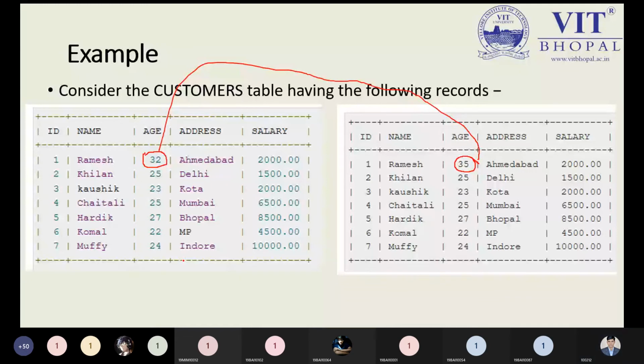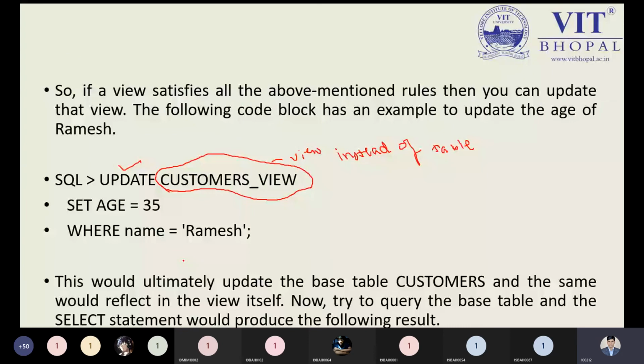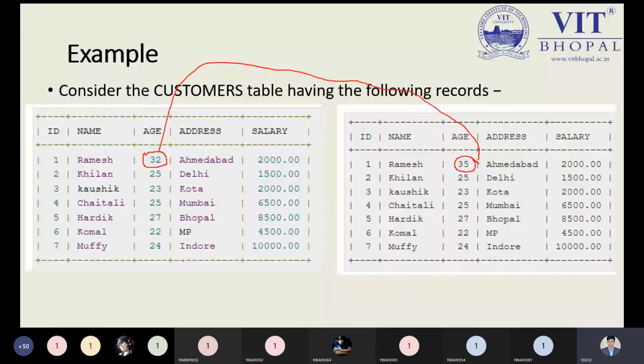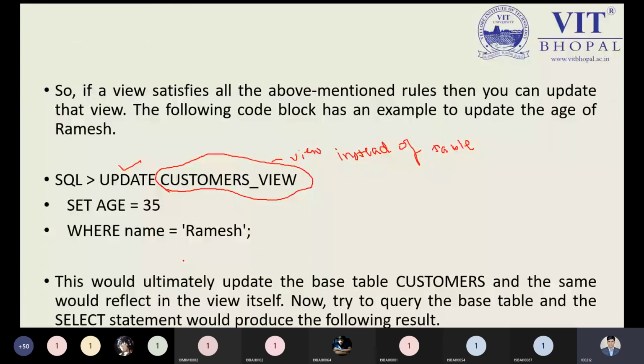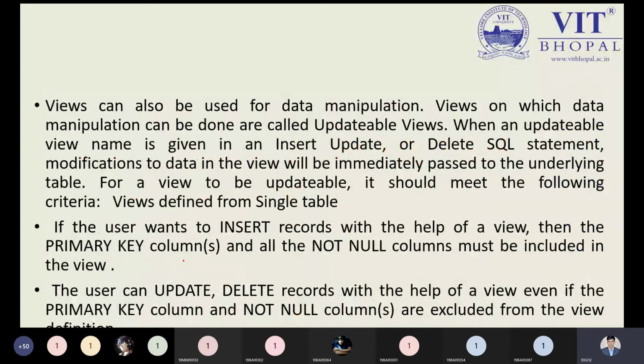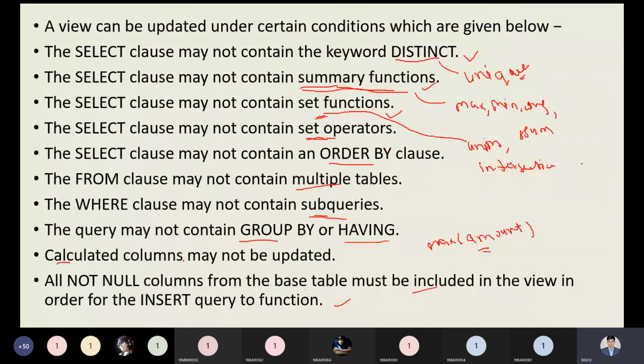Yes, sir. And of course, I will explain the entire thing properly in practical with the database and the table. We will create the view, update the view, and it is also possible to insert. So you can perform insert or deletion, but keep in mind that if you are inserting a new record through the view, you must follow all these rules. If you violate any one of these rules, you are not allowed to update, insert, or delete through your view. This is a point you need to keep in mind.